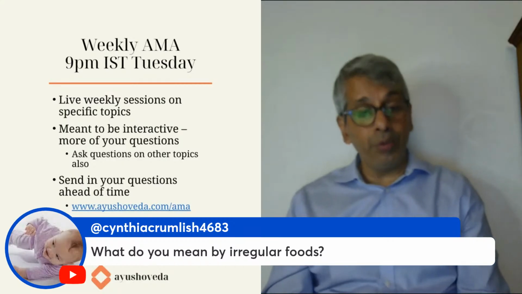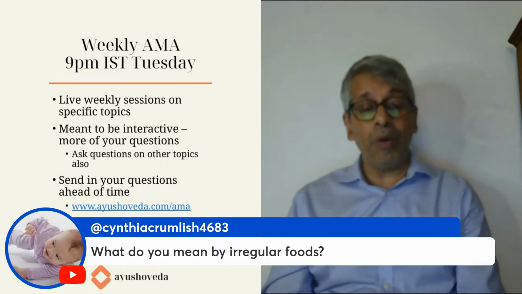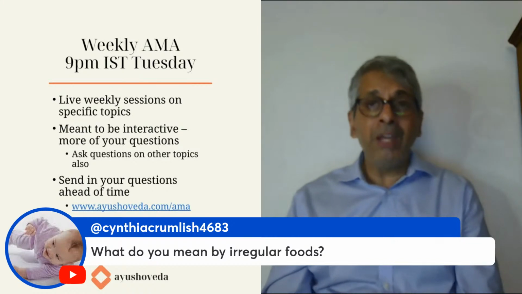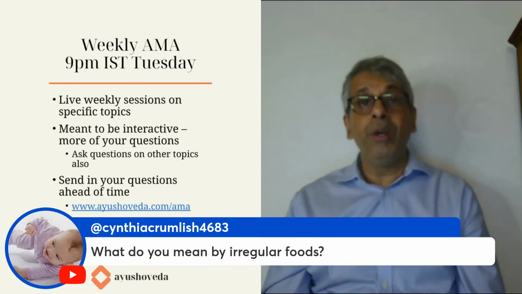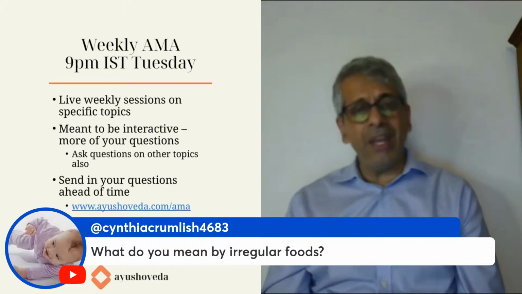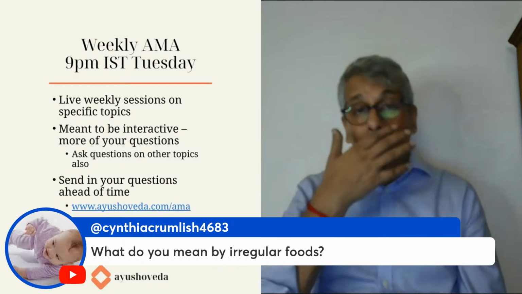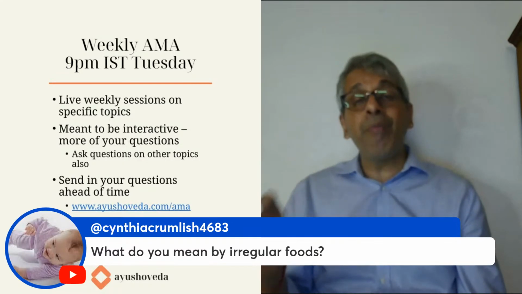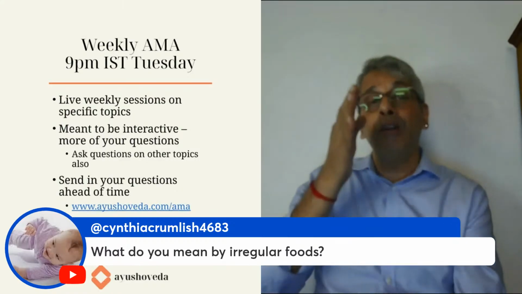What do you mean by irregular foods? Irregular food basically means, I would say, timings. Sorry if I didn't put it clearly. It's about timings. If you skip meals and don't have them on time, your digestion goes for a toss. And when your digestion goes for a toss, even if you consume calcium-rich food, or any food, your body finds it difficult to digest and absorb it, because your Agni is off track. So having food on time, predictability, is very important for health. Hope you're able to understand that, Cynthia. So irregular foods means irregular food timings.